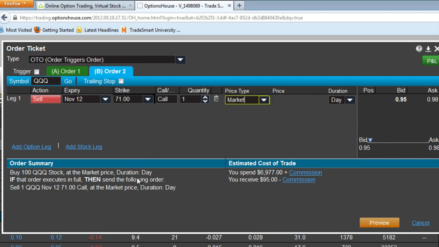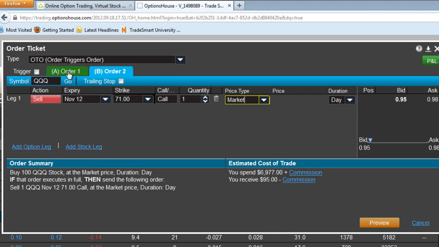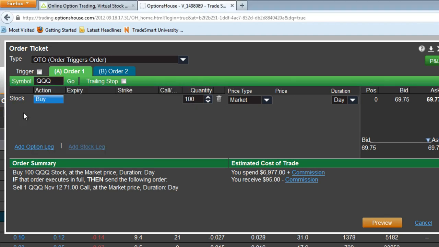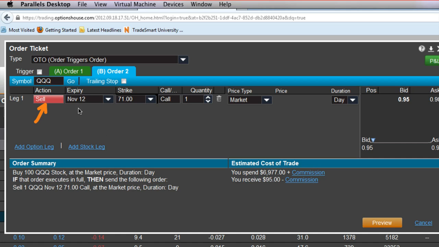Now here is your order. Take a look here. Leg number 1, leg A, is order 1. That is the order to buy the stock. You see, it's the stock here. Buy the stock, 100 shares. That's enough to do a covered call. Market order. Okay, now order 2 is, as soon as that order is filled, turn around and sell the November